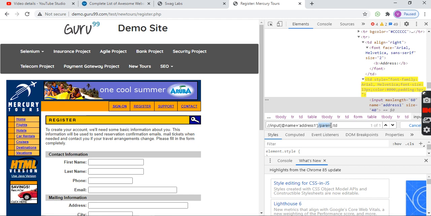Parent, what is that actually? It's a keyword you should use, and some double colon operator. Okay, I'll repeat one more time. Forward slash parent, you need to type parent only, double colon td. So now where did you reach? You reached here. Again, did you reach your destination? No. Where is your destination? Here.